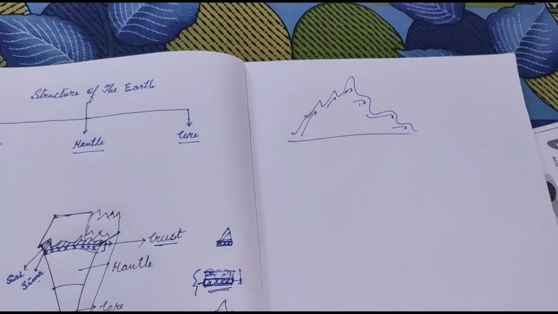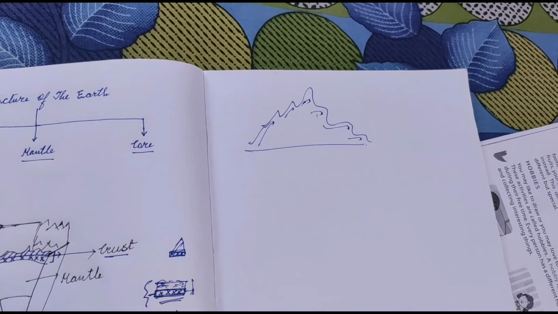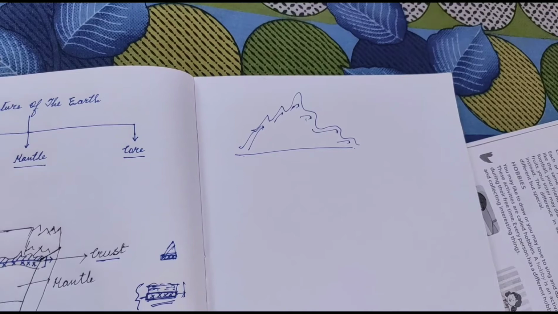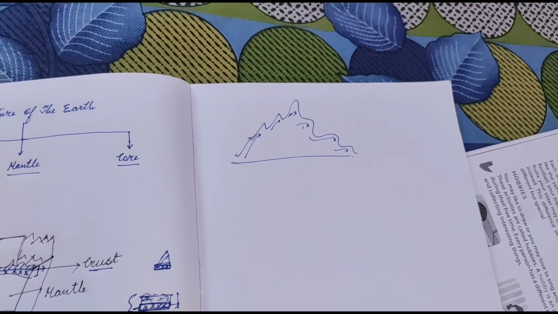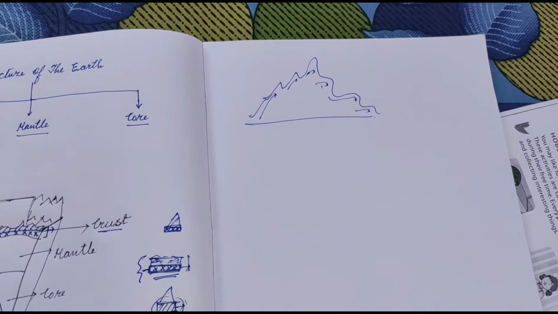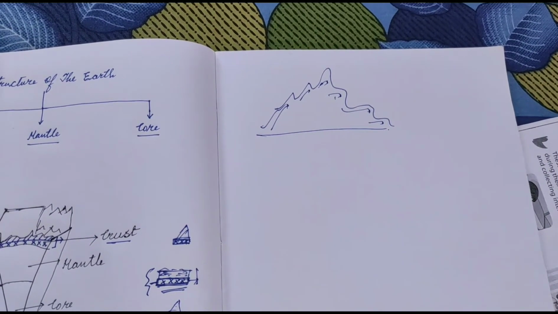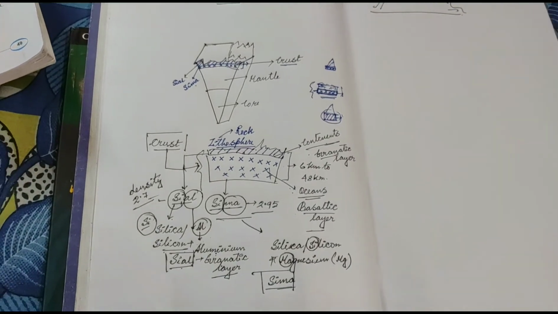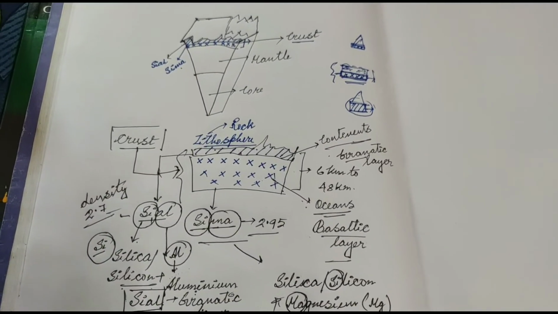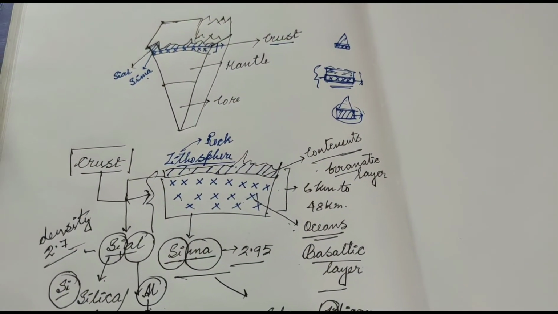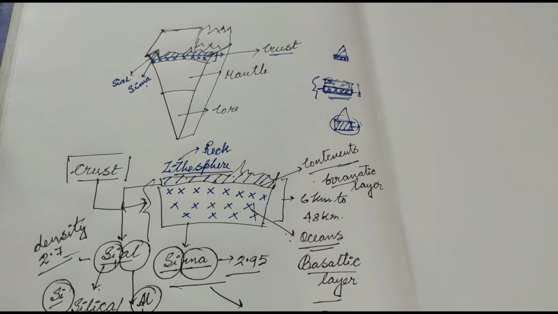So these folded mountains, the upper part of this is the uppermost part of the sedimentary rocks, and in these folded mountain areas, the sedimentary rocks vary up to 3.2 to 3.5 kilometers. All these things are about the crust, and each and every